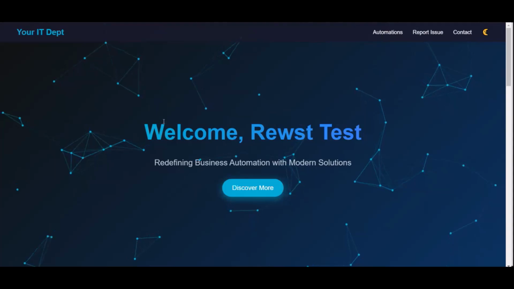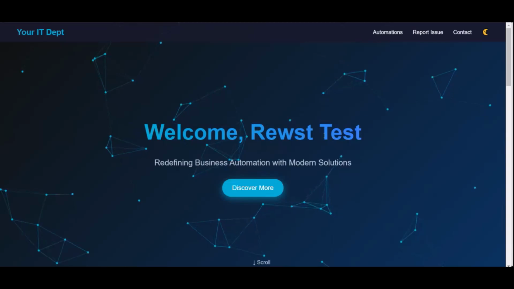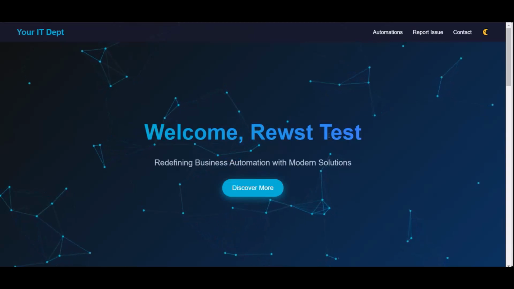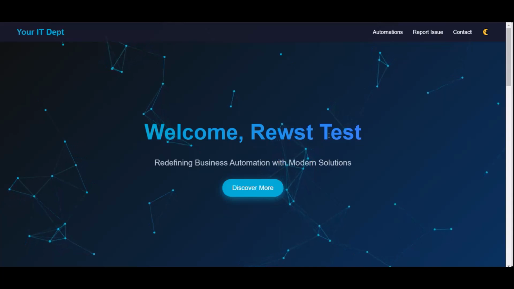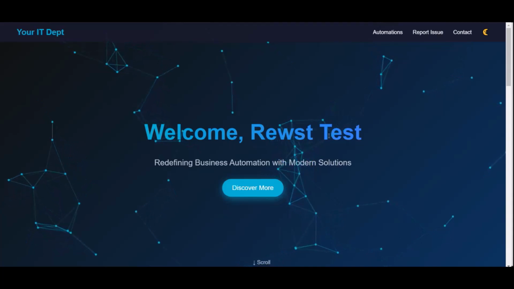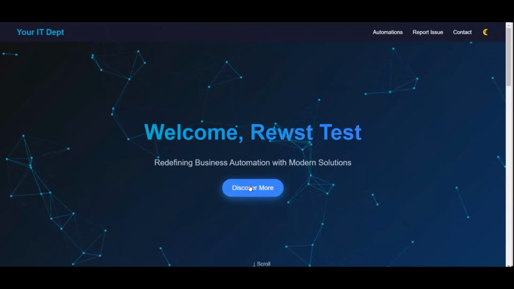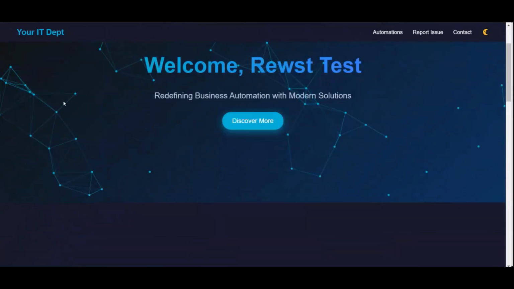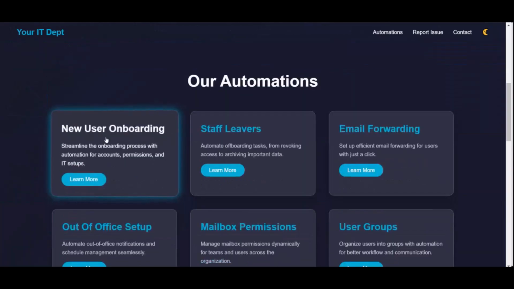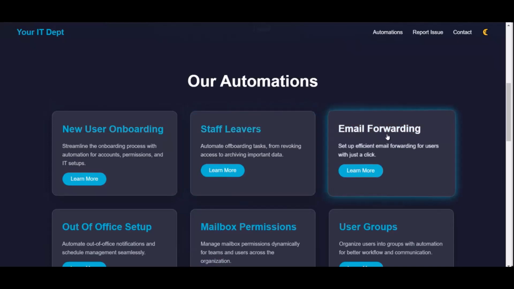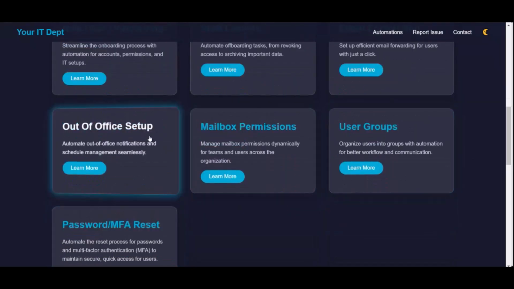So if I refresh it, you get a nice little login. So Rewst test. For instance, if you're logging in with your name, it's going to come up with your name instead. So it's actually customized for you. It's like a nice little intro straight away to yourself. You've got little hover buttons, little effects here, a nice little particle background, and then you've got little 3D onboarding, staff leaving, email forwarding. So all these here are stuff that, except for the user groups, all the ones I've got are my own processing,